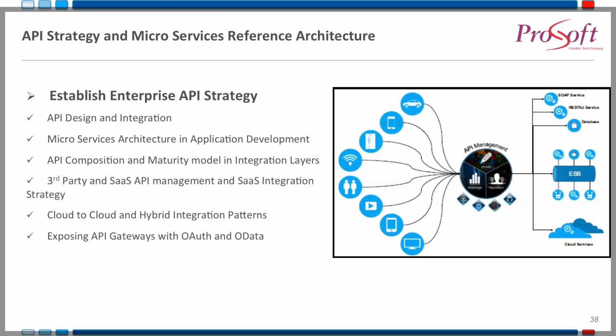But API does not just mean API development for those applications that we have in our development lifecycle. APIs would also mean dealing with third-party APIs. As I said earlier, most enterprises are adopting SaaS applications left and right. I think very soon many enterprises will see that their SaaS application adoption is hitting the roof. So connecting with these SaaS applications, we have seen Salesforce, which is a big player,